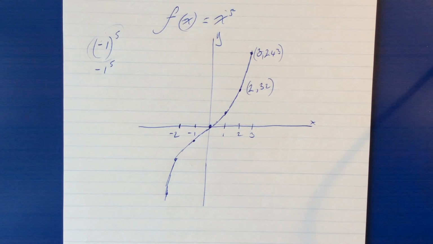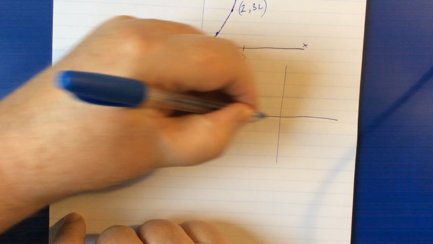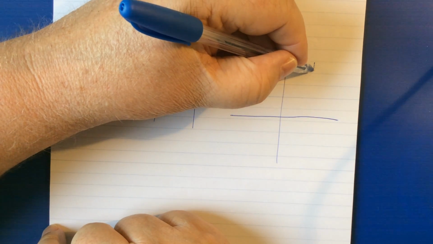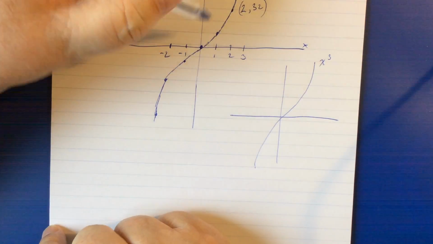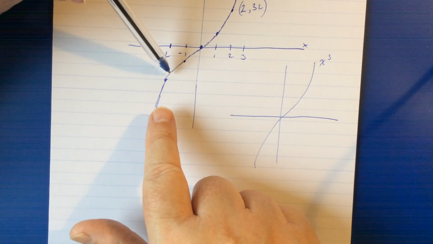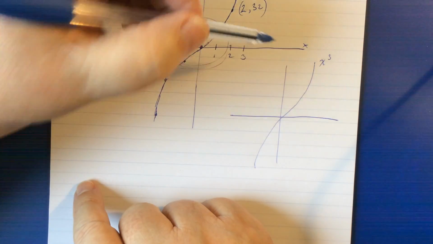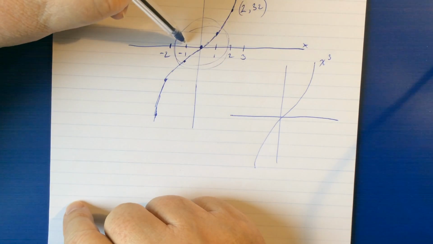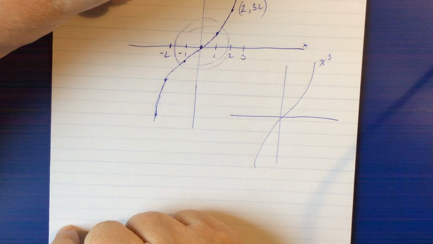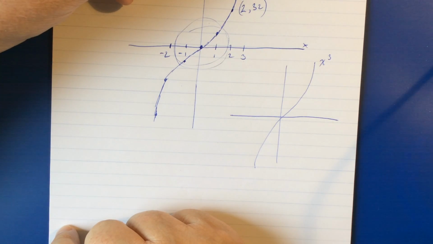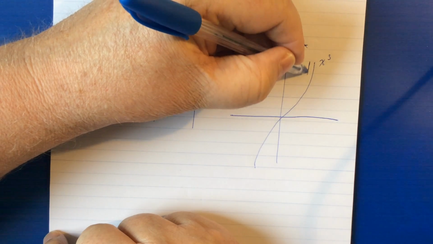Now, how does this distinguish itself from a cubic, which is not really the purpose of this video, but I'll just do it quickly here. So let's put in x to the power of 3 here. So that is x to the power of 3. Now, what you can't see because of my poor scaling here is that this has a much flatter area around here than this. So, two things occur. This is much flatter, and because we've raised this to the power of 5 rather than the power of 3, the y values go streaking off in the positive and negative direction of the y-axis far more so than they do here. So what you wind up with is a shape like this,